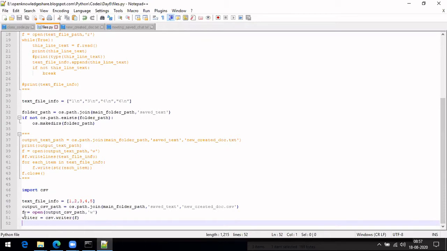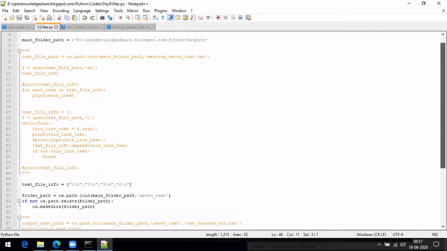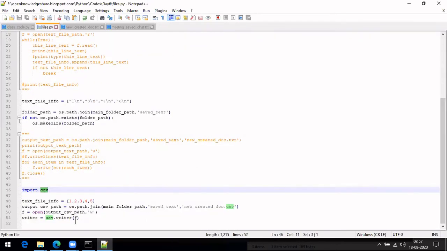Okay, sure. So CSV, you can actually do it similar to how we are doing the text file, but there is one difference: in case we want to use CSV, there are CSV reader and CSV writer functionalities within the CSV library. So you can use those things. I'm trying to use that and show you how we are going to use it.